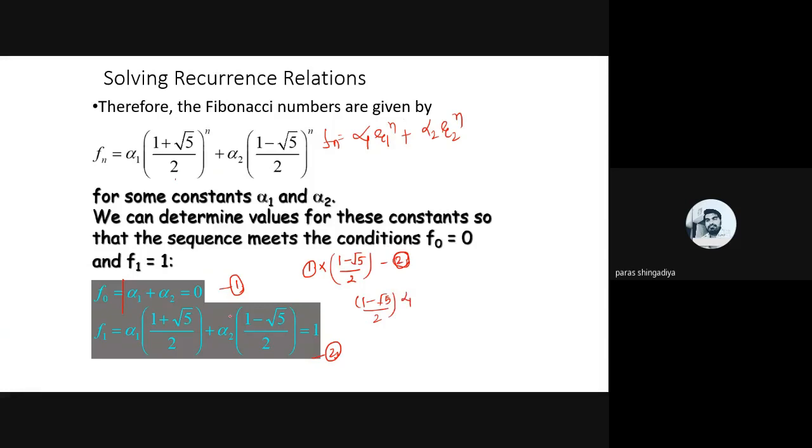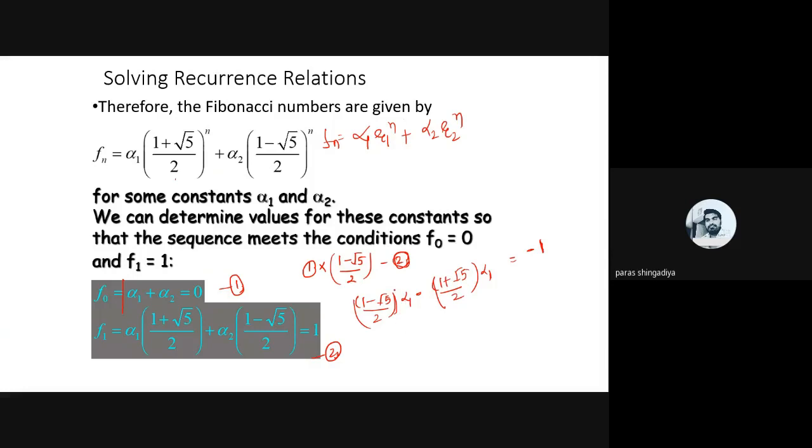Okay, and when we subtract it, तो यहाँ पे क्या होगा? सेकंड टर्म जो होगी फर्स्ट इक्वेशन से, it will be 1 minus root 5 by 2, और यहाँ पे भी सेकंड टर्म दूसरे इक्वेशन में क्या है, सेम है 1 minus root 5 by 2, तो रिमूव हो जाएगी. ठीक है, and here the subtraction will be, यहाँ पे होगा (1 plus root 5 by 2) into alpha 1. Okay, and here it is equal to 0 minus 1, means minus 1. ठीक है, ये इक्वेशन आपको मिलेगा जब वी आफ्टर सब्ट्रैक्ट इट. ओके, मल्टीप्लिकेशन के बाद उसको सब्ट्रैक्ट करना है, तो ये दो टर्म डिफाइन होगी.